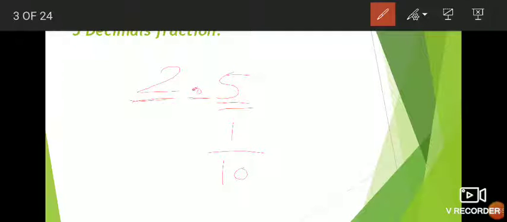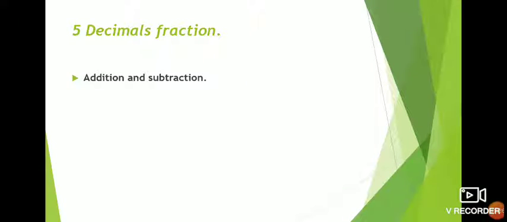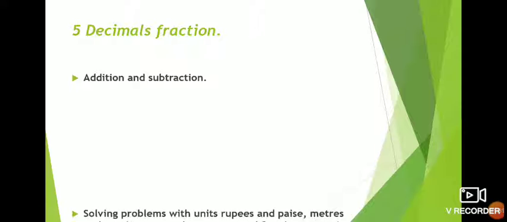Now again, after this 5, again some numbers are there, 7, 8, we can write any number. Okay, now after the point the numbers are 10th part, that is the first number is the 10th part, and another one is the 100th part, and then the 1000th part of the number. Okay, that is 8 upon 1000, 7 upon 100, 5 upon 10. These decimal fractions we are studying in this topic, students. Okay, so first of all we will see the addition and subtraction of the decimal fraction. This we learned in 5th standard, students.